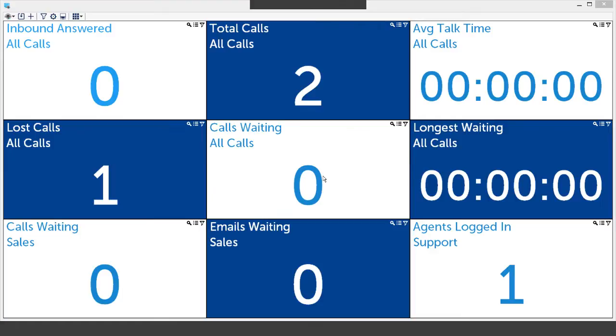Now here we can monitor individual extensions, we can monitor hunt groups, we can monitor departments. All the information you see on the screen here is very, very customizable, and we can have as many or as few what we call tiles on here as you want to. Here I've just got 9 possible statistics on there, and really on here it's about what you want to see